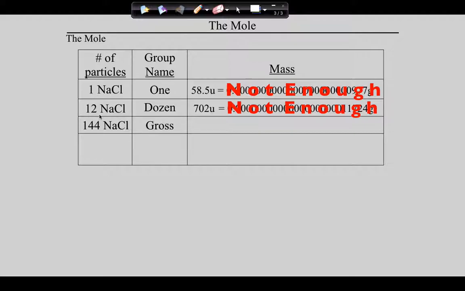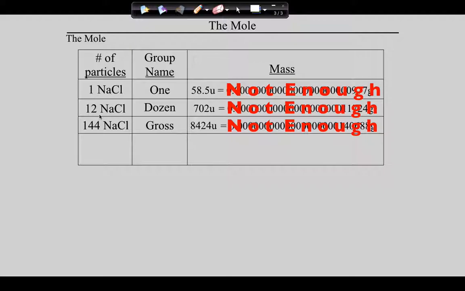Now check this out. Will 144 weigh more than 1? Yeah, 144. Will it weigh more than 12? Yeah, 12 times more. So guys, 144, that's got to be enough, right? What's it going to weigh? Well, it weighs this. That's more. 8,424 atomic mass units, and that's still this, and this is not enough. So guys,